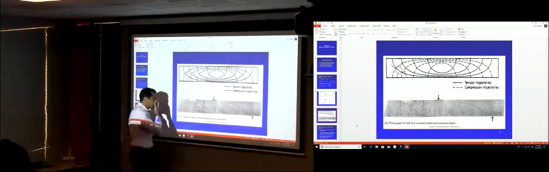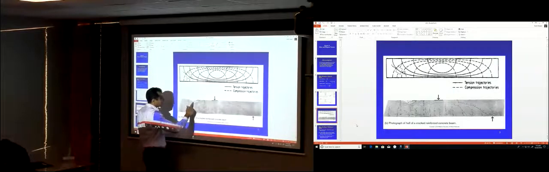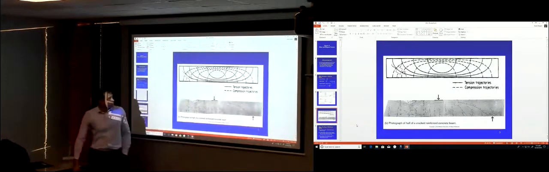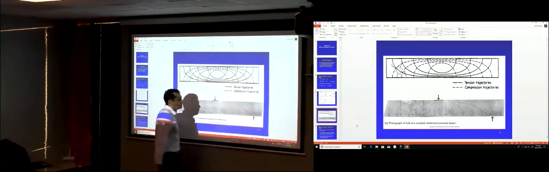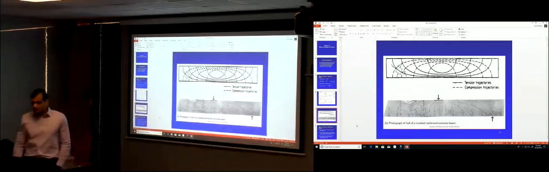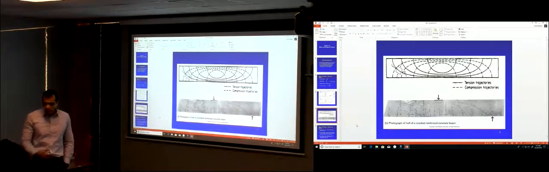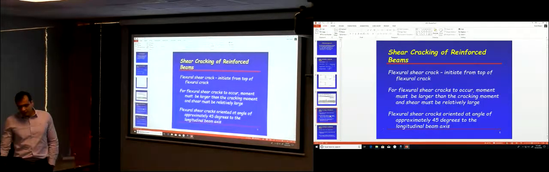Okay. So as you see here, there will be those cracks, which we call flexural shear cracks. It's going to be oriented at 45 degrees. So we have those cracks over here. You see, this one is more clear. Those are flexural shear cracks, due to this diagonal tension due to the applied shear. So the shear would result in web shear cracks. So those flexural shear cracks initiate from the top of the flexural crack, and